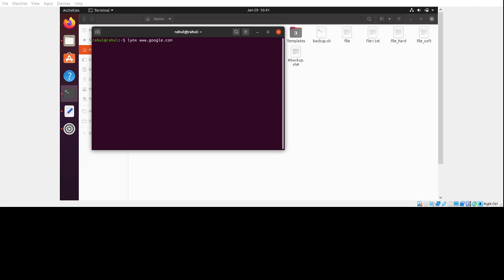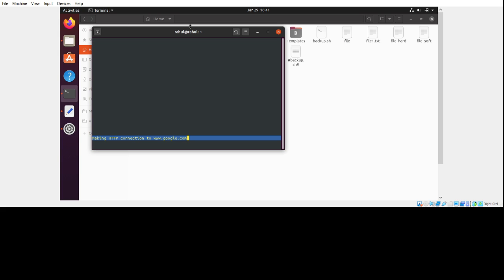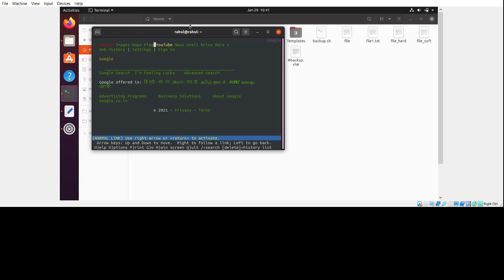Linux is one of the most popular operating systems for command line and interface, and it is a primary operating system that uses it. And Linux, www.google.com and enter, yes, and key up down.